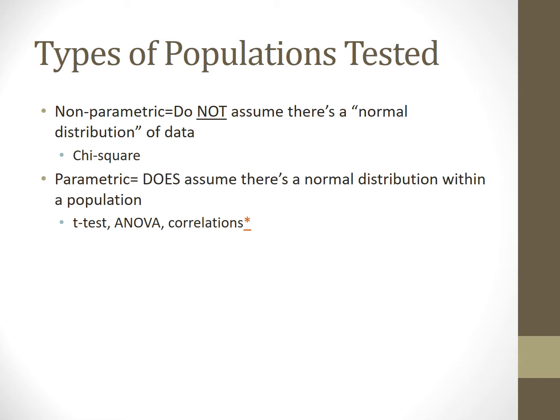Now, a parametric test does assume that there's a normal distribution within a population, and here you might be using other tests that we commonly run across in the kinds of articles, especially that I picked out for you to take a look at. These are t-tests,